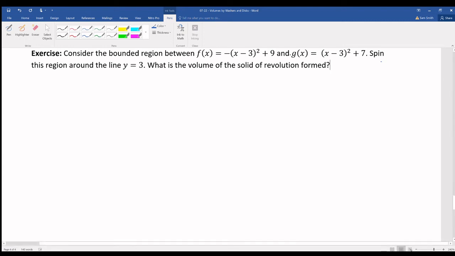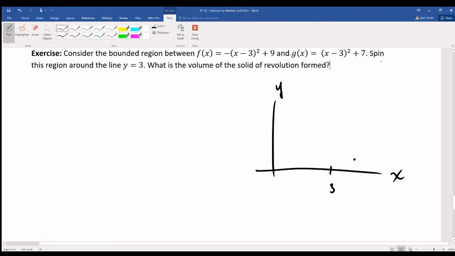Consider the bounded region between these two quadratic functions, negative (x minus 3) squared plus 9 and (x minus 3) squared plus 7. Now, I feel like you already know what I'm about to do. As soon as I know that there's a region involved between these two functions, right away I'm going to get